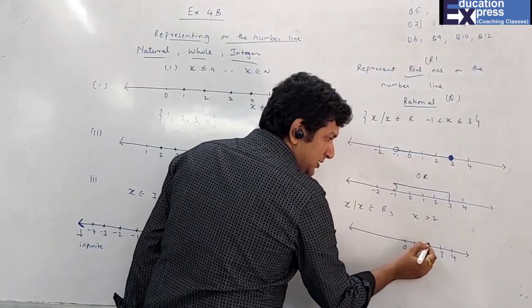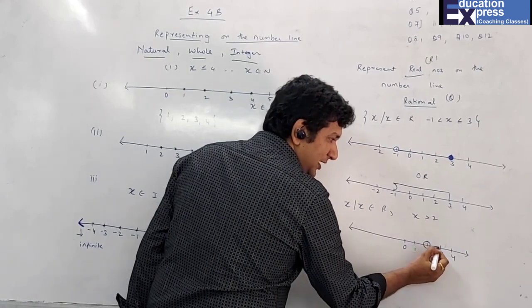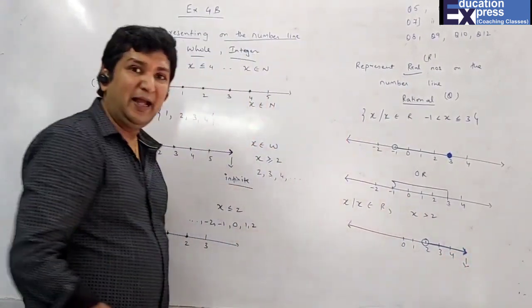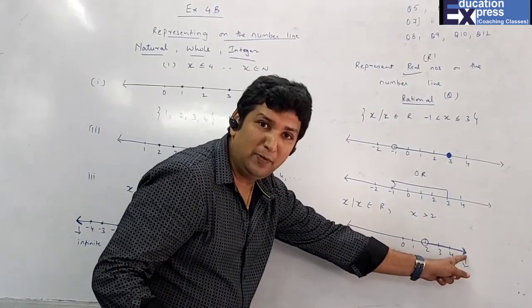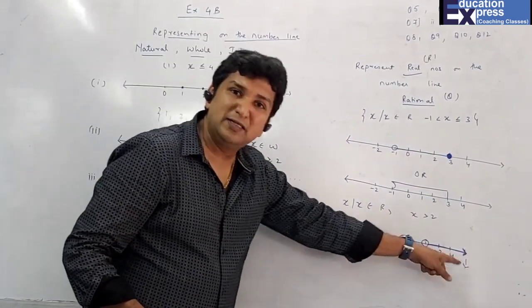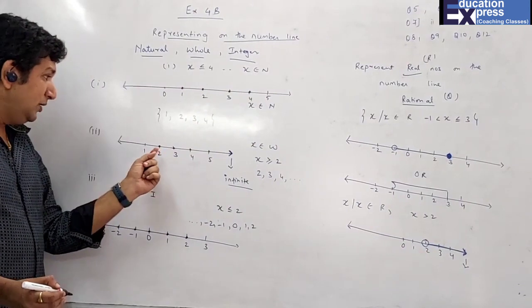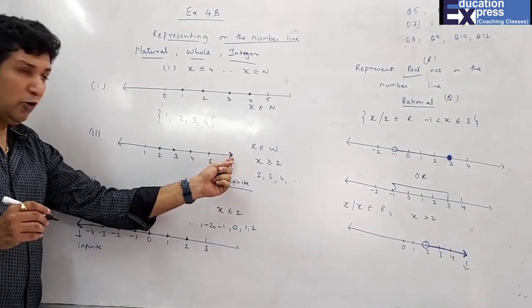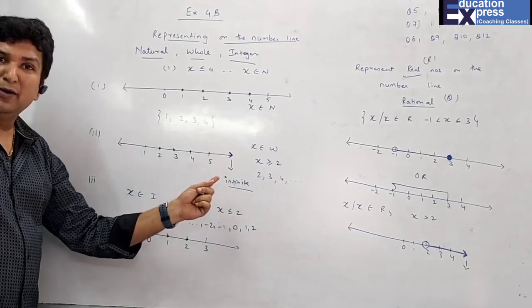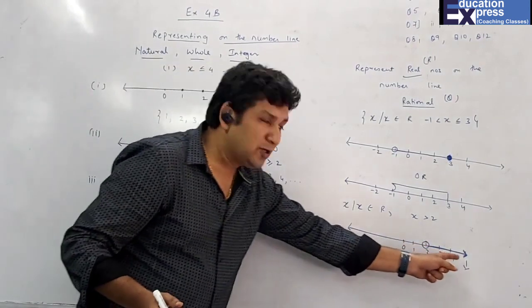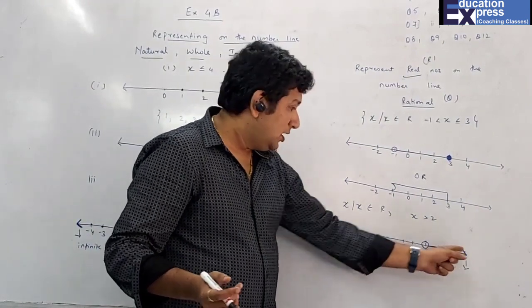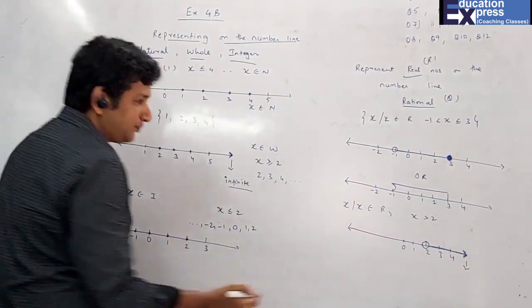Obviously there is no equal to sign, so hollow, and then a dark line, and this indicates what, students? Infinite. I have drawn a straight line till the arrow because all the numbers are included. Here you can see I have marked only 2, 3, 4, 5, and the dark was only on the arrow part, not in between, because in between numbers are not included. But here in between numbers are also included. So directly from 2, everything will be included in the arrow. This shows it's what?